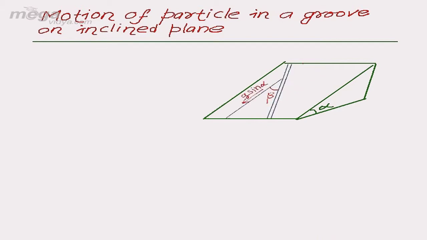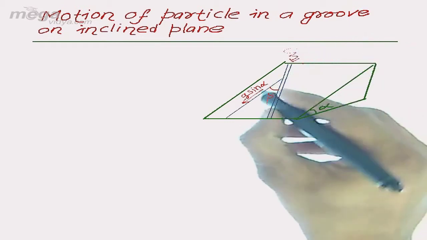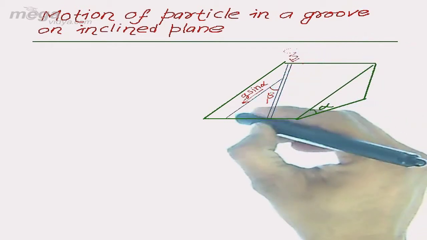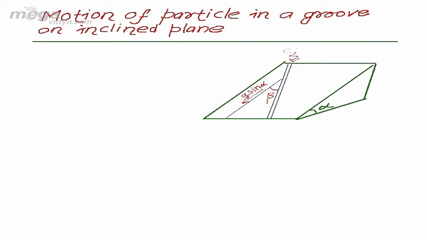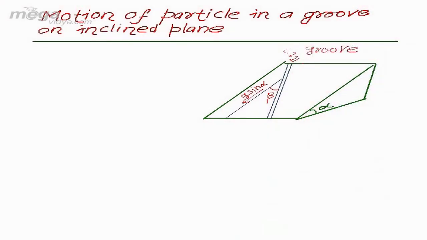Say a groove is made on this incline at angle beta with the line of the greatest slope. As we had studied earlier, while moving along the line of the greatest slope, the particle has acceleration g sine alpha down the incline. Now, the groove which we made here is inclined at angle beta with the line of the